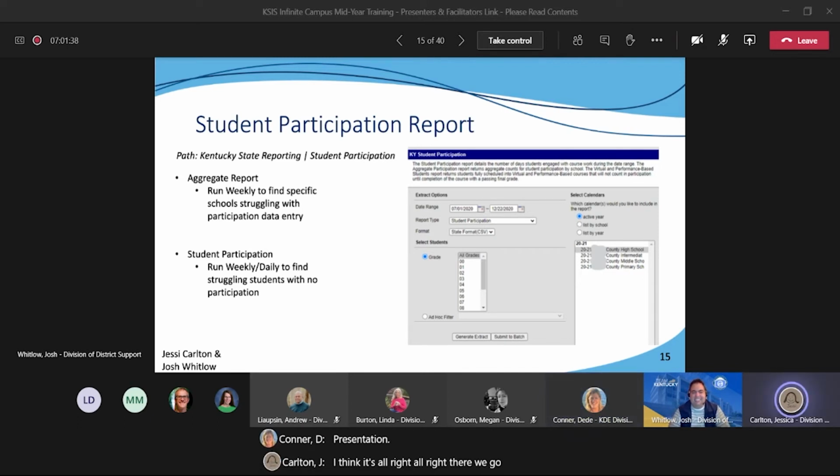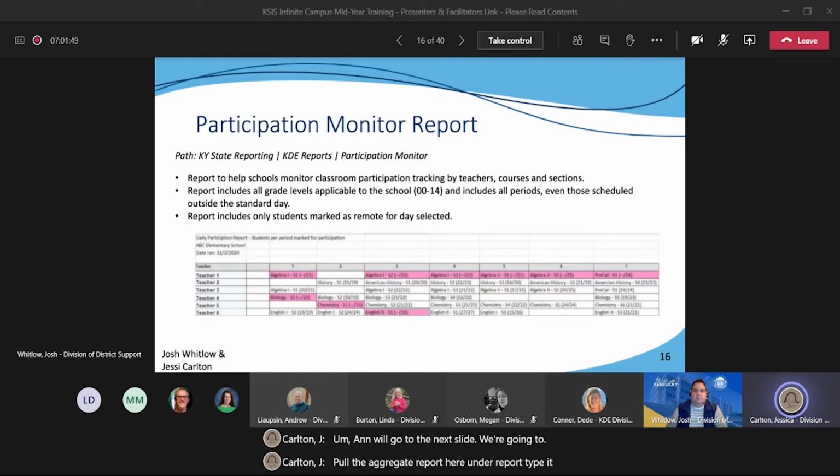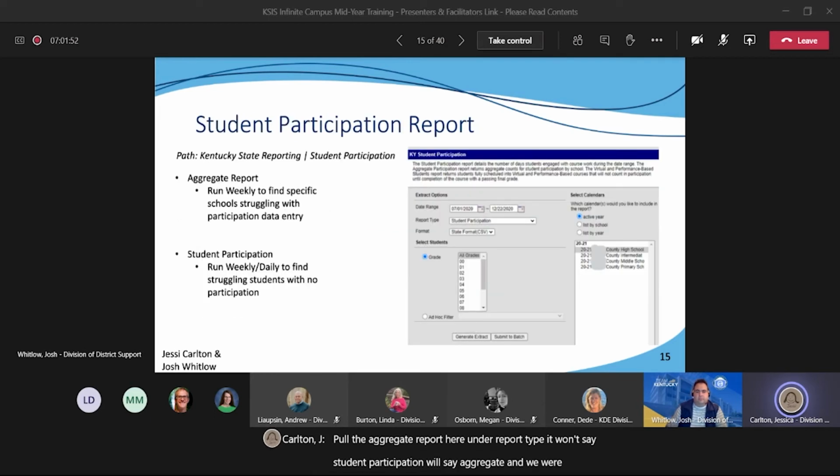Okay, this is the report we're pulling on Monday. We'll go to the next slide. We're going to pull the aggregate report here. Under report type, it won't say student participation, it'll say aggregate, and we're going to pull it for 2 date ranges, because the way it was